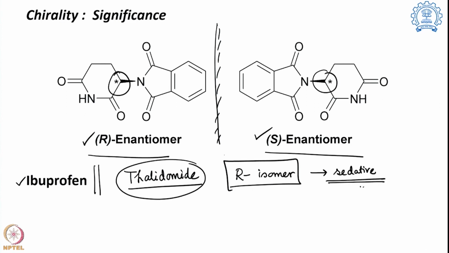That means it can be used as a medicine; it has medicinal properties. However, if I take the R isomer by mistake, then it is an issue, because previously we found that one of the ibuprofen isomers is medicine and the other one is inactive. But in this case one is medicine, but the other one is actually a problematic molecule, which is known in medical terms as